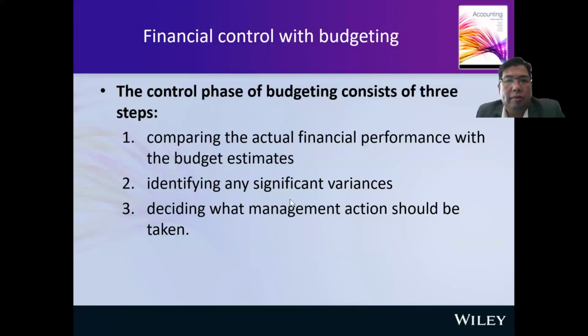Okay, the next part will be about financial control with budgeting. There are a few steps that we need to perform. Number one is we're going to compare our actual firm performance with the budget estimate. We have this estimated budget. Then when the time comes, we have our actual performance. We compare our actual performance with the budget, whether we perform better than the budgeted or we perform poorer